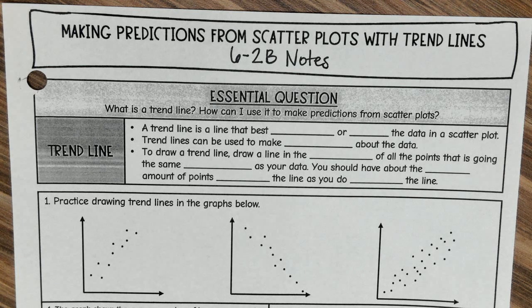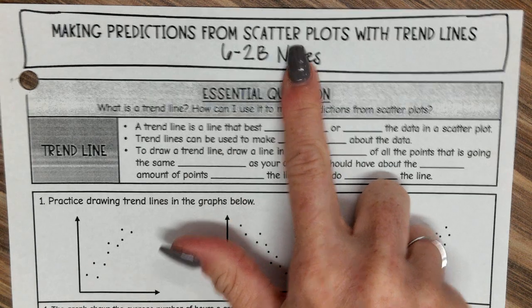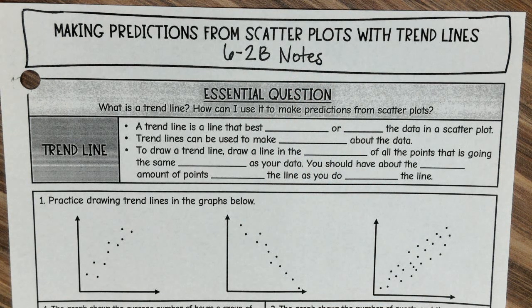So far this week we've learned about scatter plots. What's a scatter plot? It's a graph with lots of dots that show if there's a relationship between two quantities. We use scatter plots to make trend lines, and the trend lines we can use to make predictions, and that's what we learned yesterday. Remember, we would go to the x-axis and go up to the trend line and over